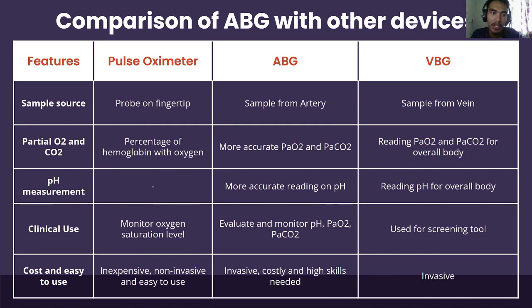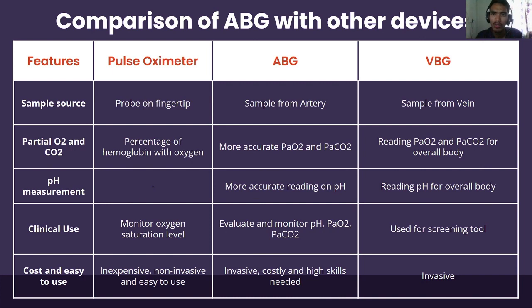And ABG and VBG also measure the partial pressure of oxygen, but the oximeter only measures the percentage of hemoglobin that is saturated with oxygen. For the pH measurement, there's no pH measurement available in the pulse oximeter, but ABG and VBG do have pH measurement, though ABG is more accurate. For clinical use, the pulse oximeter is usually used for monitoring the oxygen saturation level, while the ABG is often used for evaluating and monitoring the pH, partial oxygen, and also partial carbon dioxide in patients, while VBG is often used